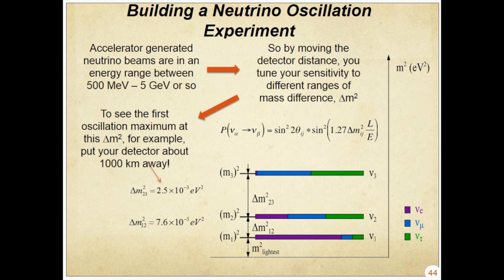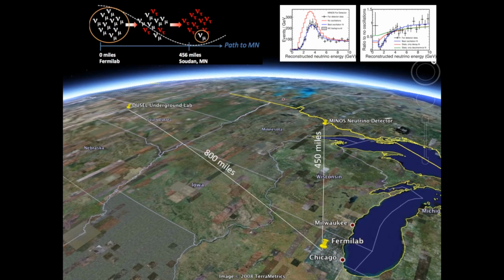So you can ask yourself, if I create a 1 GeV beam and I want to tune to this mass splitting, and don't worry for now how we discovered this, but we realized that the mass splitting was 2.5 times 10 to the minus 3 eV squared, some units. You can see what you've got to do. I want to access this at 10 to the minus 3, which means if my E is 1 GeV, then I need my L to be something like 10 to the 3. So I've got to put in kilometers, that's the units for this equation. So I've got to put my detector something like 10 to the 3 kilometers away, which is exactly what was done. You build your neutrino beam at Fermilab, you put your detector as close to Canada as you can without going into Canada.